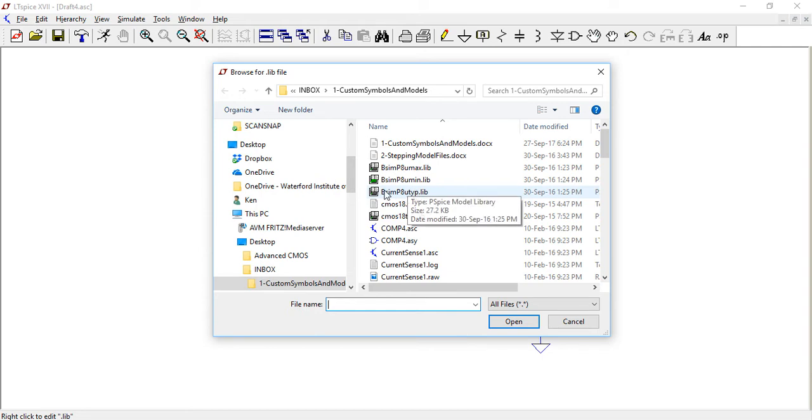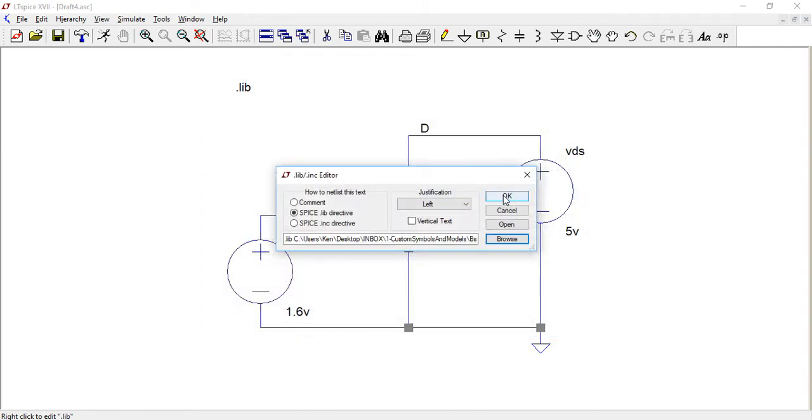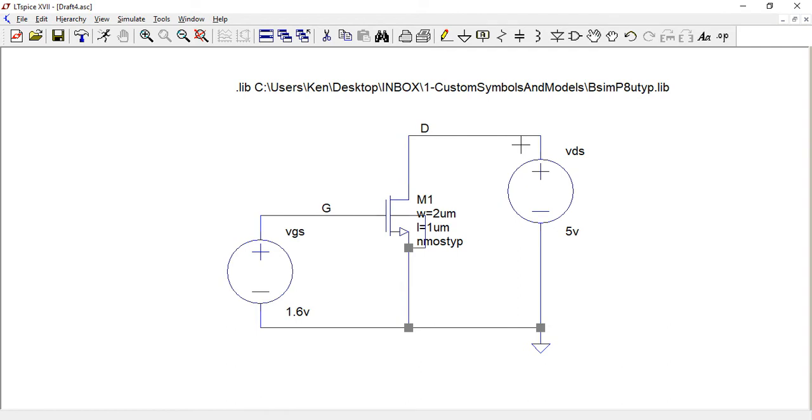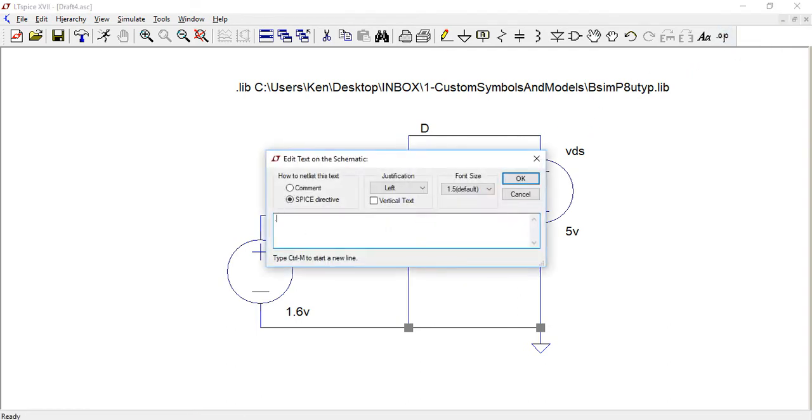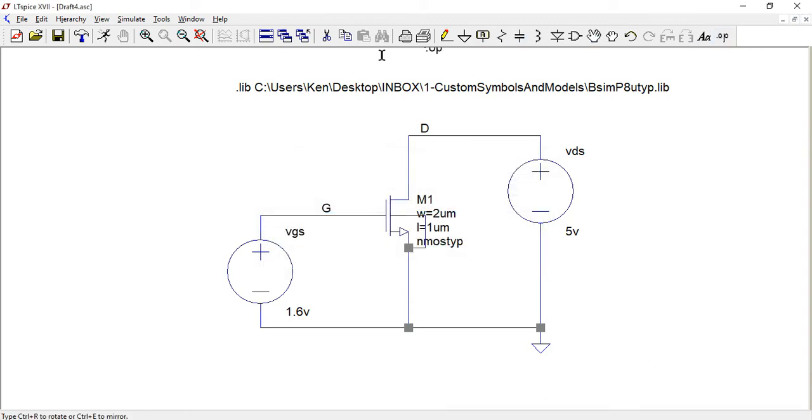I'm going to select this one here, which is the BSIM P8U tip.lib, which stands for BSIM models, 0.8 micron, and it's the typical values. Select that, click OK. It appears on my schematic. I'm now going to put a simple .op on the schematic, which tells the simulator to do a very simple operating point analysis on the circuit. So I'm just going to go up here to run,